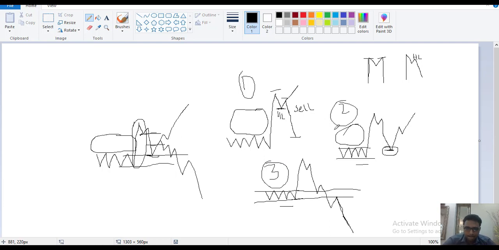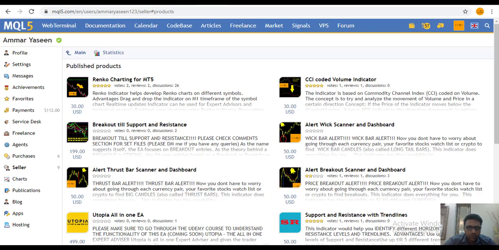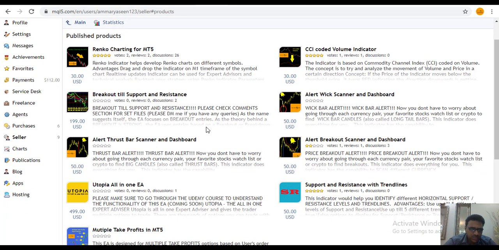Now you got the point? Okay, before moving on to the charts, I just wanted to show you, I have this indicator, which is an alert, thrust bar, scanner, and dashboard. So basically what it does is,